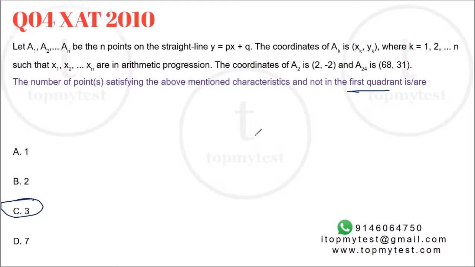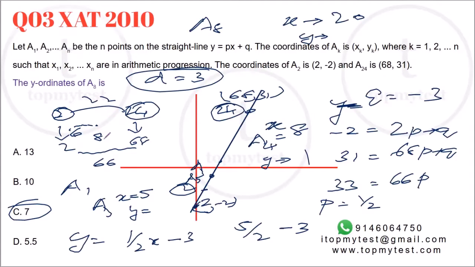Not too difficult. We need to be a little patient. There are two parts to it. First one is to find the common difference of the arithmetic progression. That will give you the range for x. And then you need to find p and q. That will give you the relationship between x and y. Once you do that, plug it in, and the questions will be reasonably easy to solve. In an exam situation, because this is a double set, you can take up to 4 to 5 minutes to solve this.